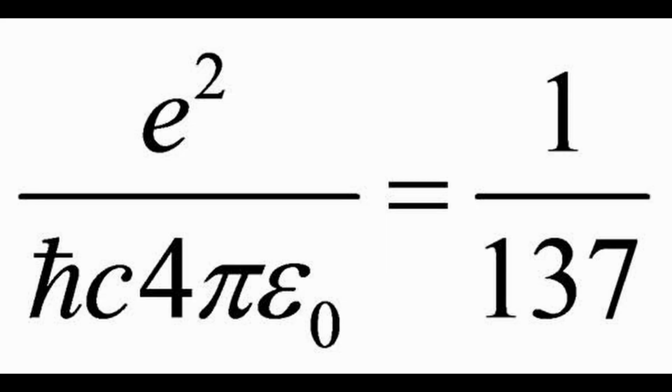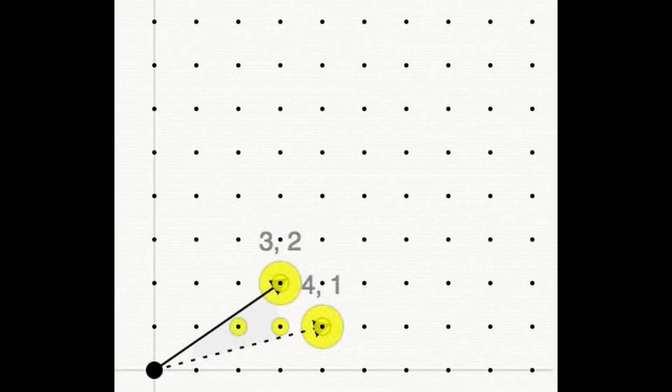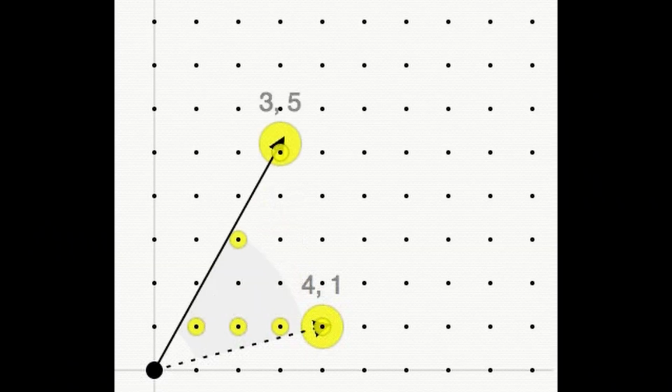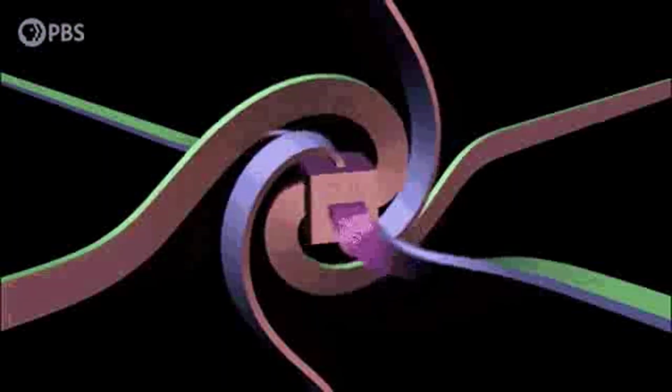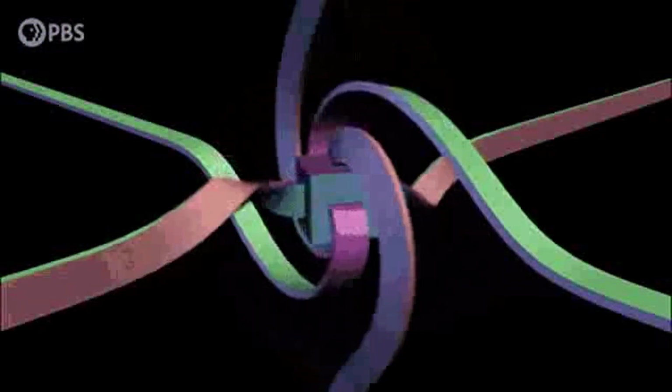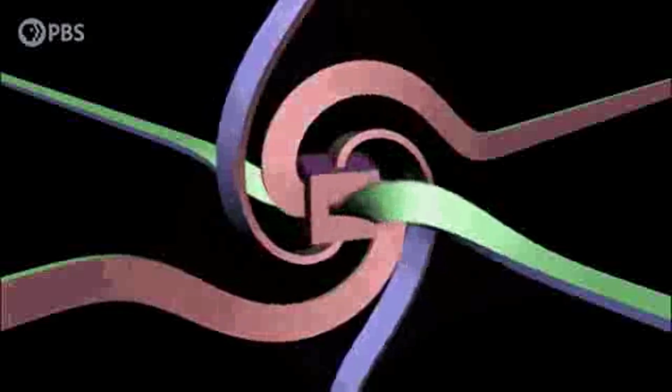The fine structure constant, often denoted by the Greek letter alpha, is a fundamental physical constant that characterizes the strength of the electromagnetic interaction between elementary charged particles. It is a dimensionless quantity, meaning it has no units and remains the same regardless of the system of units used. The fine structure constant is defined by the formula alpha equals e squared over 4 pi epsilon naught h bar c,